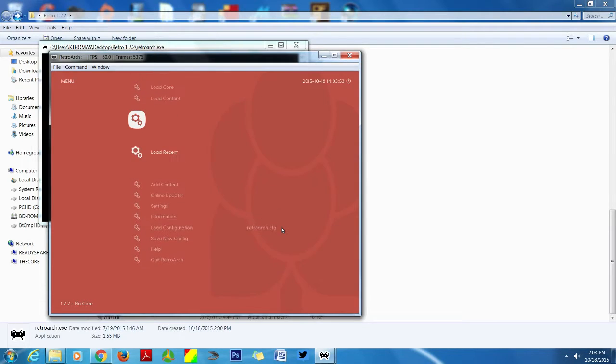Okay, so the first thing you want to do is go to the online updater, and the reason you want to do that is because what this will do is allow you to install everything from the program. So that's kind of the benefit of this version. In past versions, you would have to do it manually. Now it'll do it for you automatically, so you don't have to sit there and search for the emulators and stuff like that. Once again, the core is basically what the emulators are. So we're gonna want to get the core first.